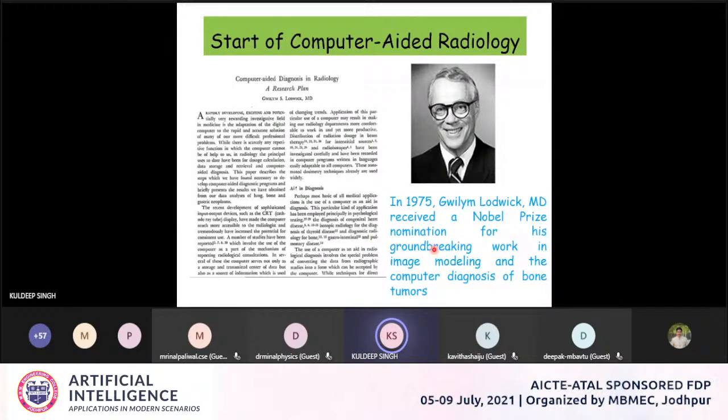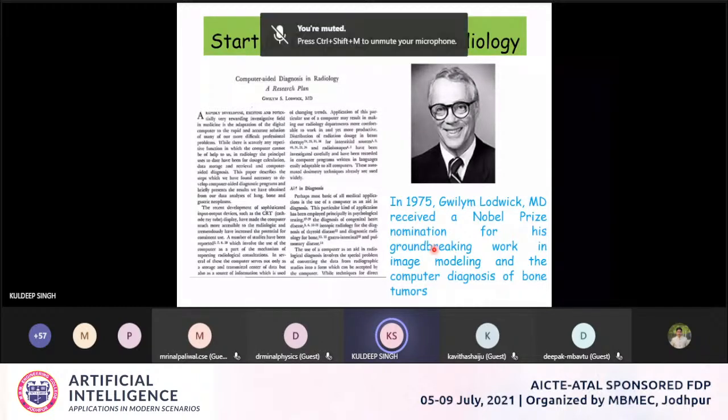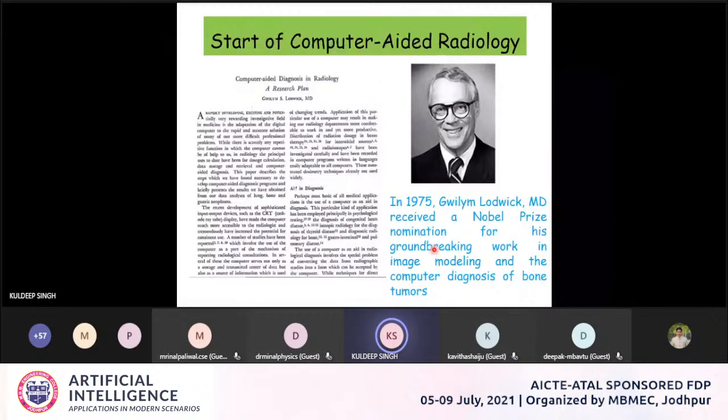Before this, everything was manual. So his group was the first one to propose that